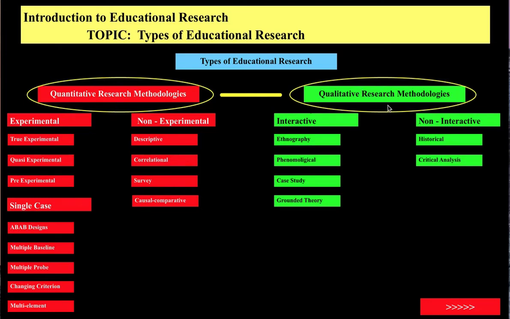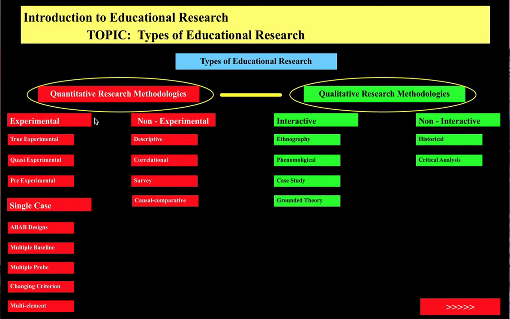So that is the quantitative research methodologies. The qualitative research methodologies are quite different. They are not interested in numbers and in collecting and counting. They are interested in creating narratives and understanding the social situation that they are looking at. But we'll go into this much in the next screen. For now, on the quantitative research methodologies, we have